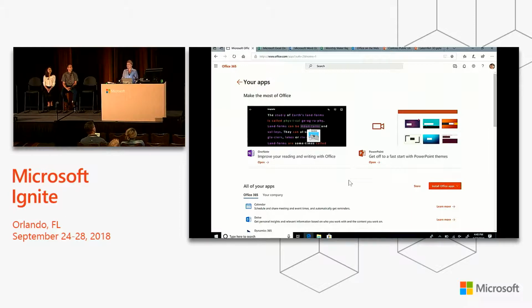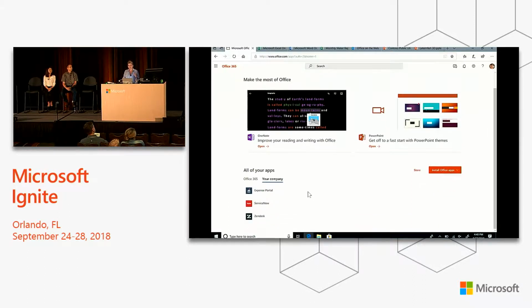And this experience has been out in the wild for about a year, super helpful for our users. But what we realized was that we're giving you quick access to everything you use with Office, all of your Office 365 applications, but we use more than Office 365 applications to do our work. And so we're super excited to announce the Your Company section, or if you're a school, your school. This section gives you quick access to everything that your IT admin has given you, whether it's third-party applications, custom applications. We make it just as easy for you to get to those things as it is to get to